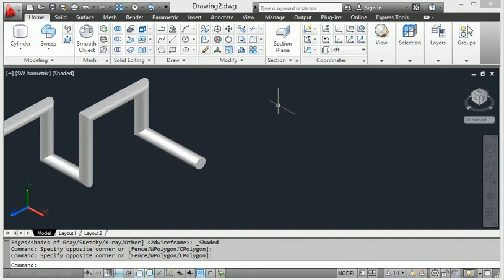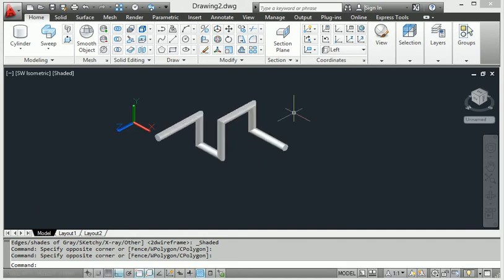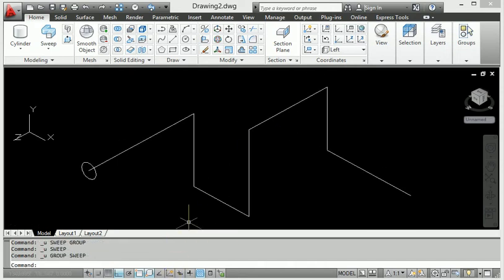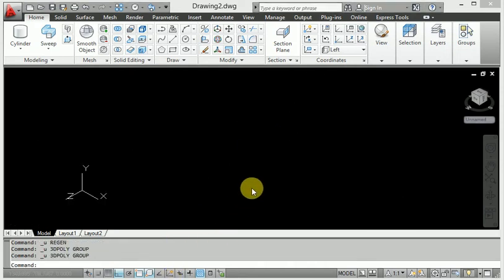For another sketch, I have to create it in 3D. Now we will make another sketch. First of all, again I will show you the 3D polyline.